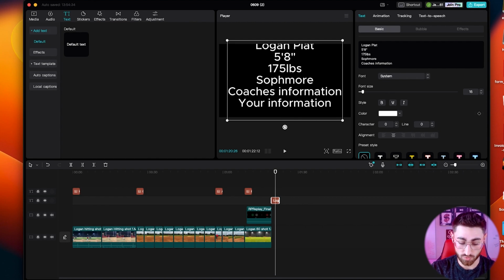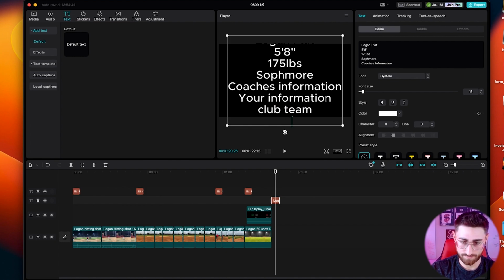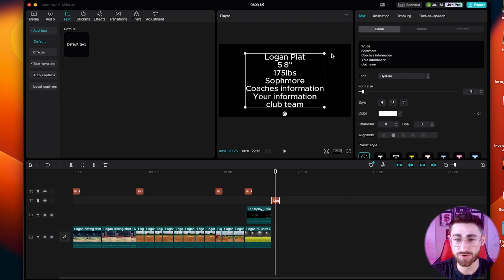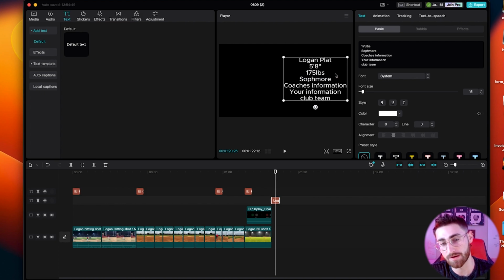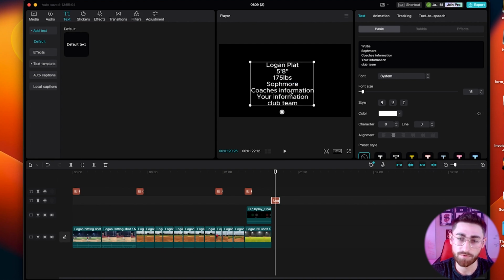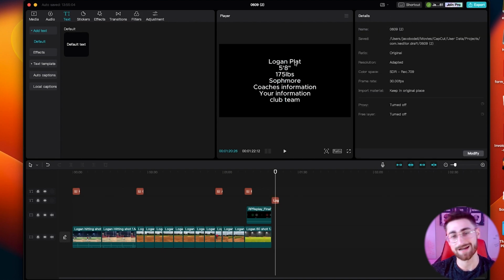You can put in the school or club team. You can throw in literally anything that you would like, and you can edit the text box in the top right over here and go from there. If you do have any pictures of yourself, definitely throw them in here. You can move this box off to the right and then put your picture on the left, or on the right here and then put your picture on the right. For this case, I'm not going to put a picture up. Instead, I'm just going to leave it right in the middle,